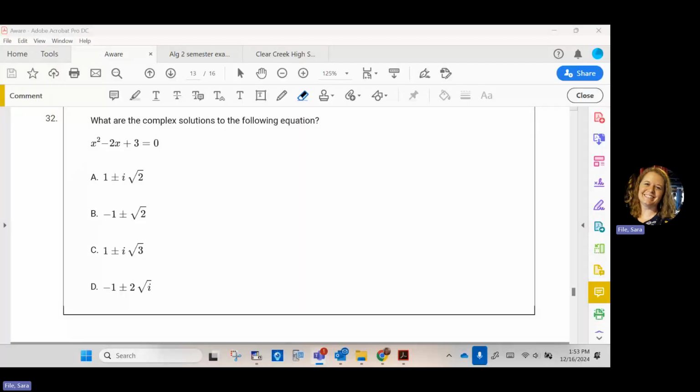This is actually our most recent content that we learned, the complex solutions for quadratics. So hopefully this is still pretty fresh in your mind. What are the complex solutions to the following equation? And remember,